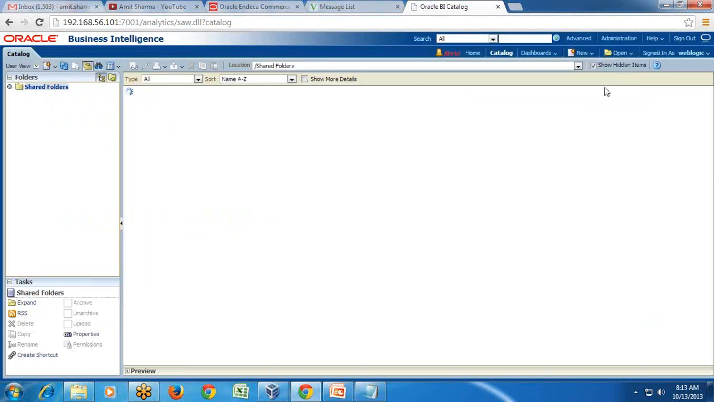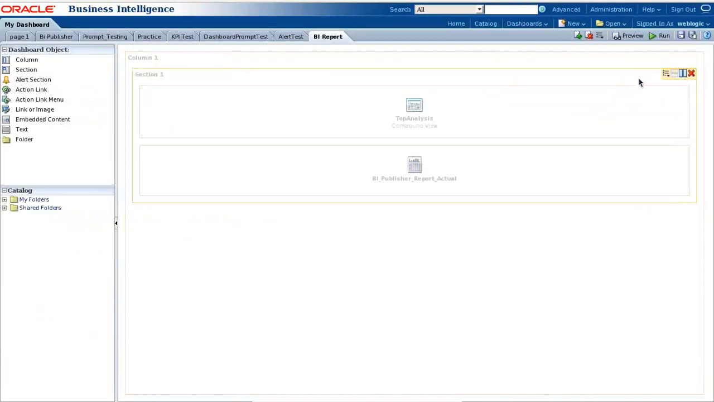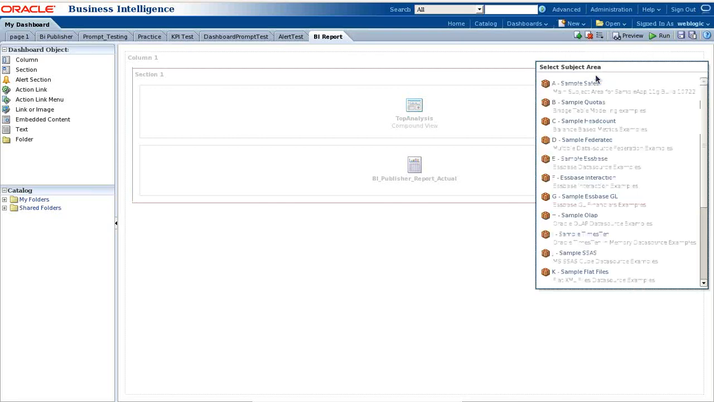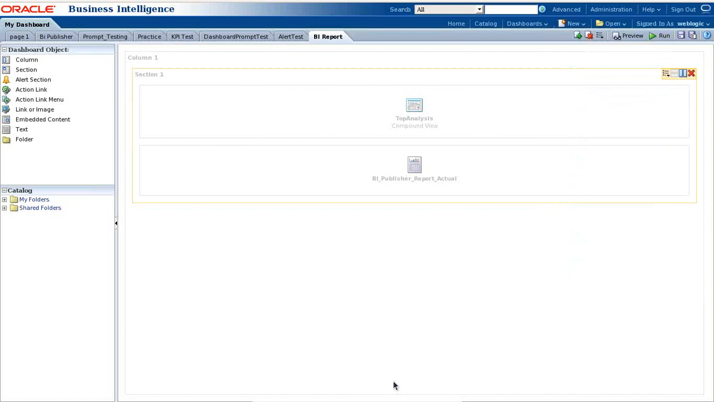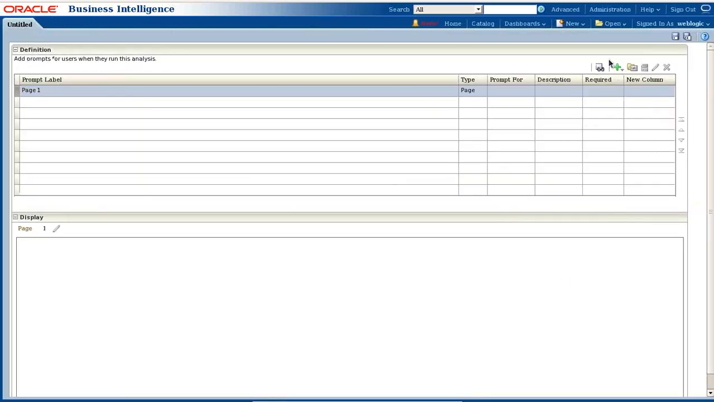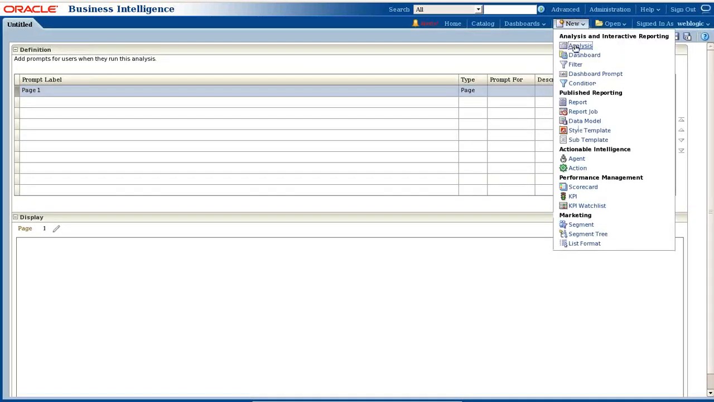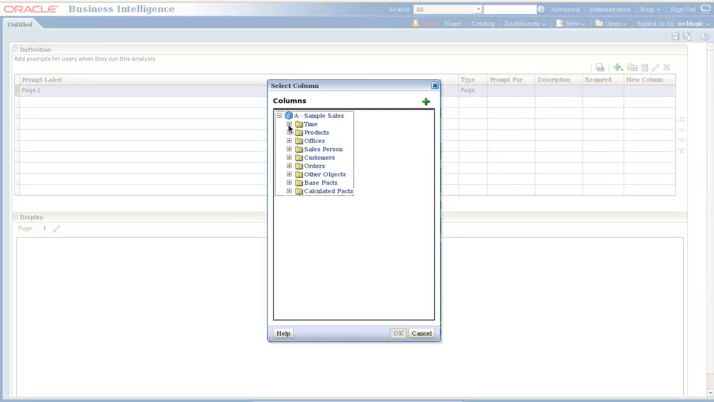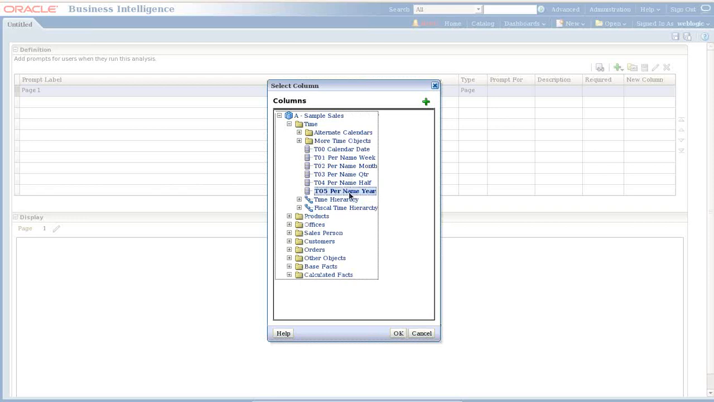So step first, I would create a new dashboard prompt, new dashboard prompt on my sample sales. So click new analysis, dashboard prompt, click on plus. I want a year, it is a column prompt. Choose your year. This is your year,